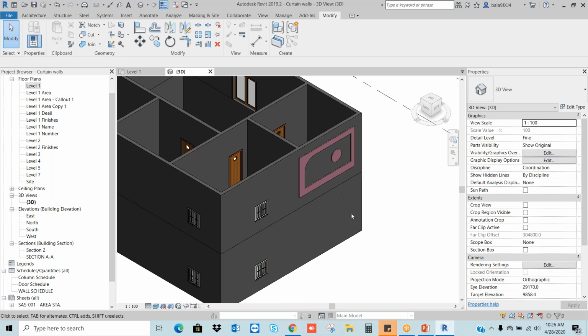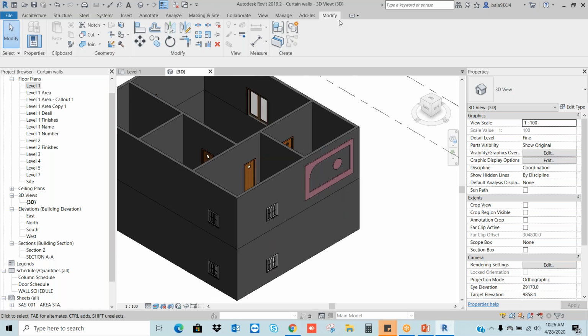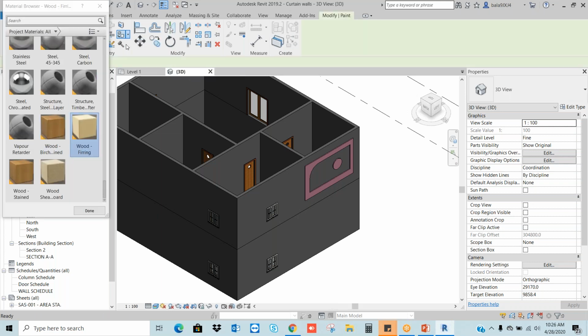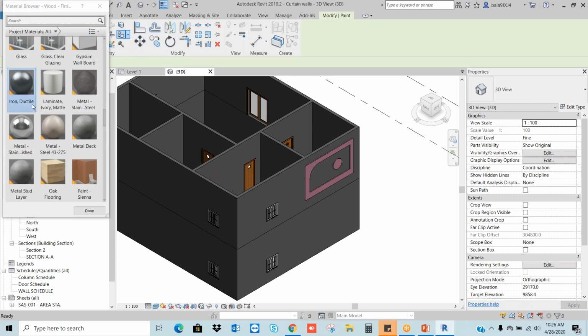So if I want to paint this wall, when you go to this modify, here you can see the paint option. Okay, click on it. Again in paint, we need to choose a material only. Let's say this time I want to use this material.